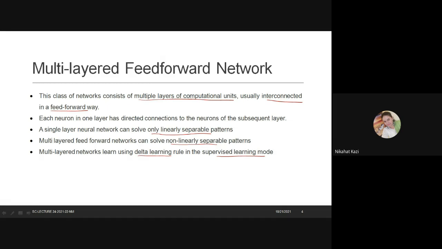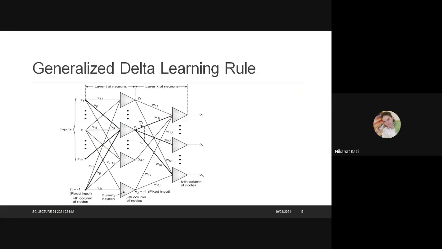You need a rule for updating the weights. That is the idea behind training of neural networks. Okay? So let us look at the generalized delta learning rule first. So let us consider this simple